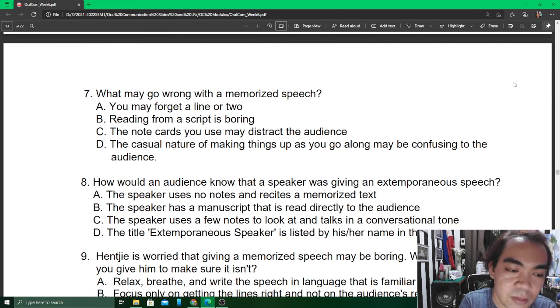So the very relatable example answer probably would be letter A. You may forget a line or two. Pag usually, ang matabo is kung malipatan mo lang isa ka linya, kung ano tong sugpon niya, madula ka na. No? May malipatan ka lang isa ka word, feeling mo daw wala na sang sugpon ang imong memorized speech. Ano ang problema sa memorized speech?